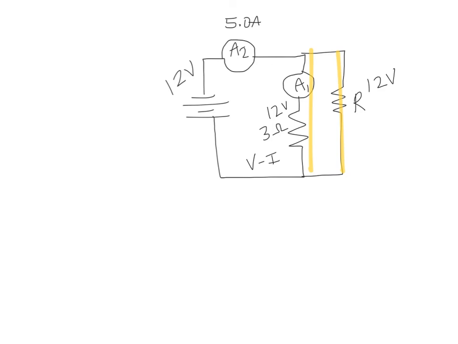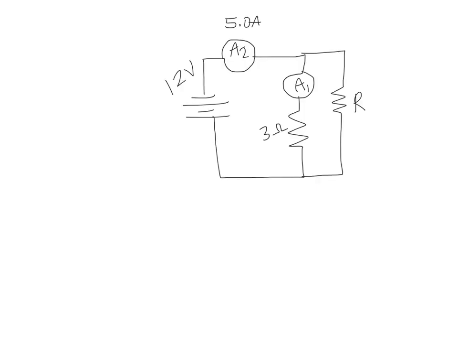So the first thing that I see when I see A1 and A2 is a question that wants me to know the difference between series and parallel. So I'm automatically going to see two things. I'm going to see this number here and think total circuit because there's no junction. And I'm going to see this one and see partial current because it's part of two parallel branches. So if I want to backtrack,